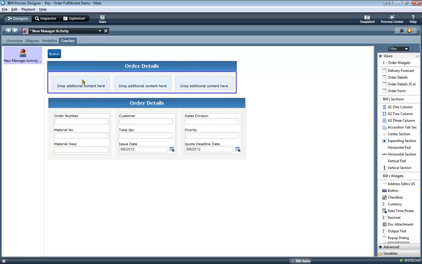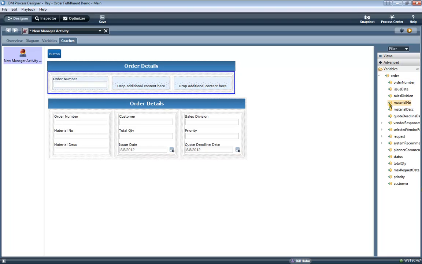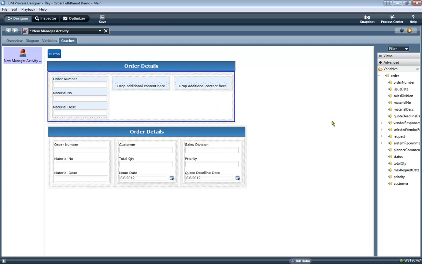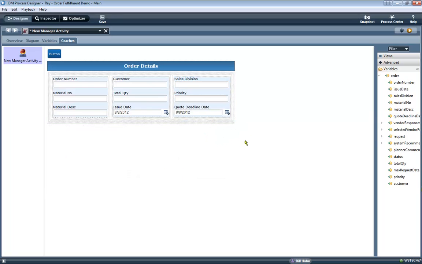Let me drag and drop a 3-column layout here, and then go to my process data, and in an a la carte fashion visually drag and drop out the different data elements: order number, material number, material description or product description, the customer field, total quantity, data element, the issue date. Let's go grab the sales division and also the priority, and then go find the quote deadline. So there we go. So we've got this built from scratch screen,